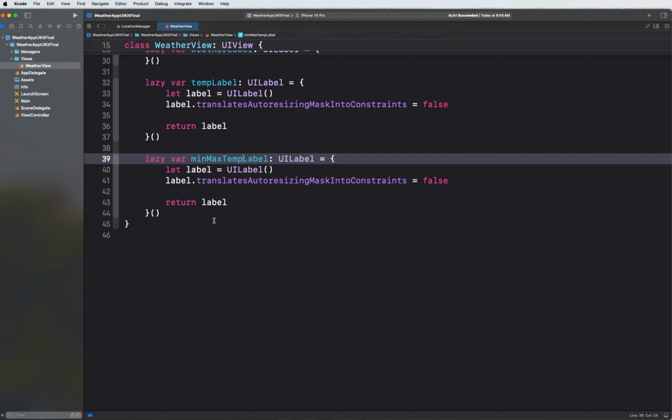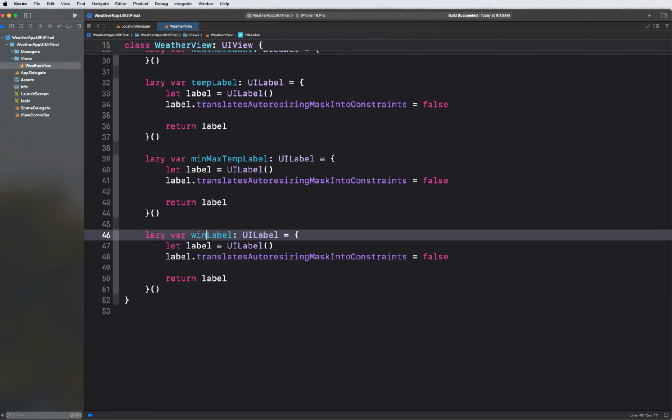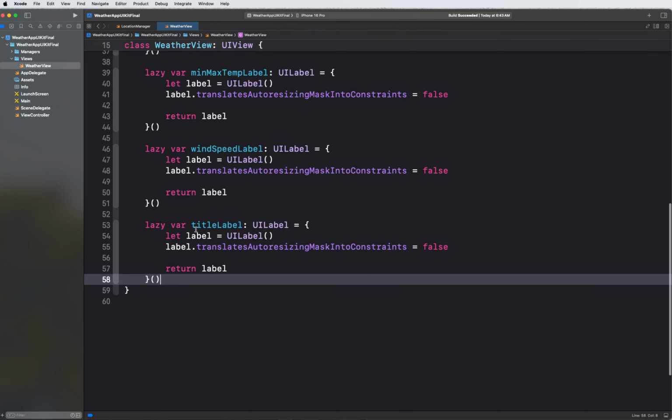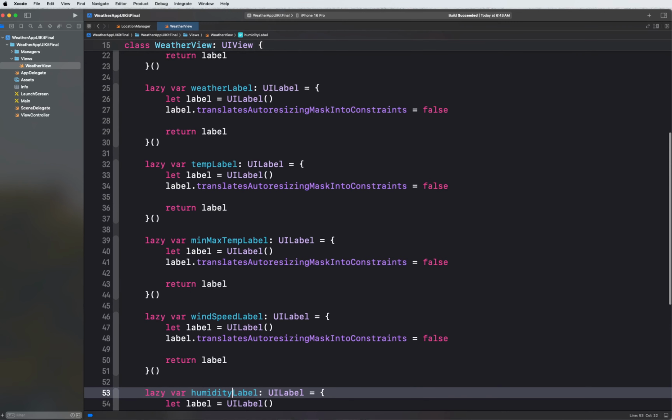So one for wind speed, and one for humidity level. Humidity label, we'll call it. Okay. All right, so these are basically all of our base